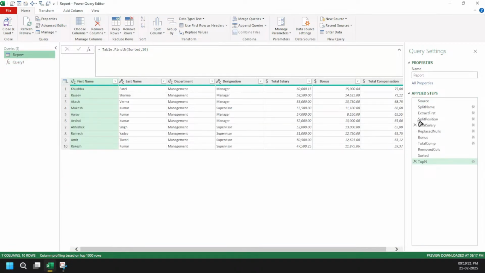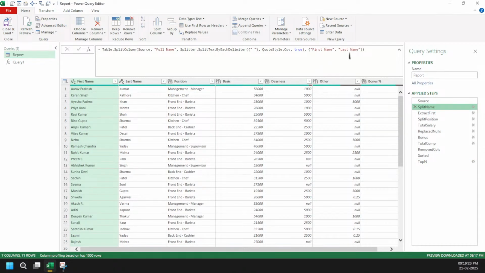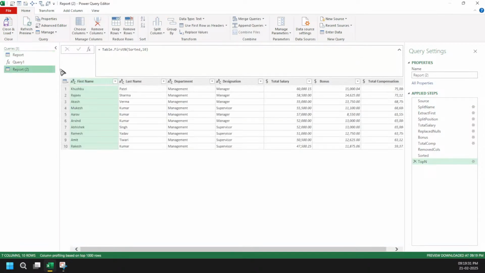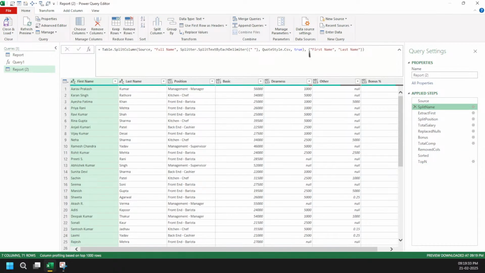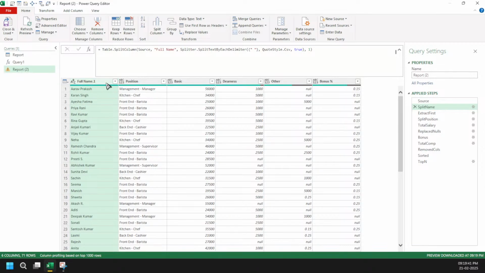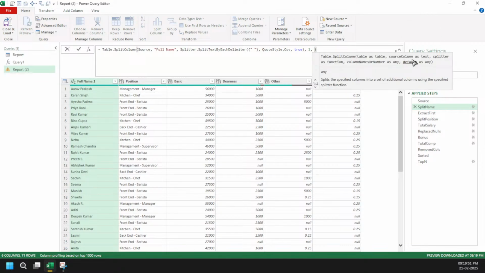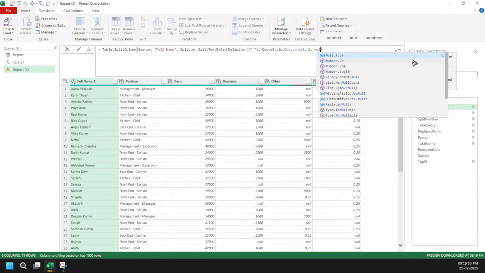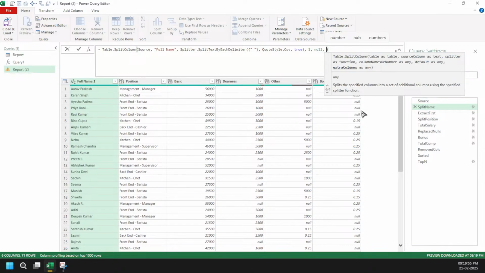And if you want to see here what is happening, let me tell you. So let's say this is my two columns, right? So for the time being, I will duplicate the query so that we can match this up and it's not a problem. I'm going to just say I just want the first column and that's it. Now you can see here, I just got the first column here, right? So where are the other columns? Here is the additional default. I'm not going to put anything for the time being, null, and extra columns.